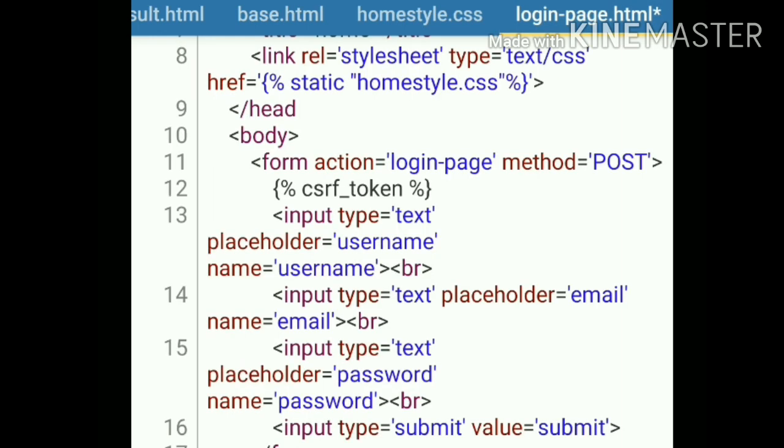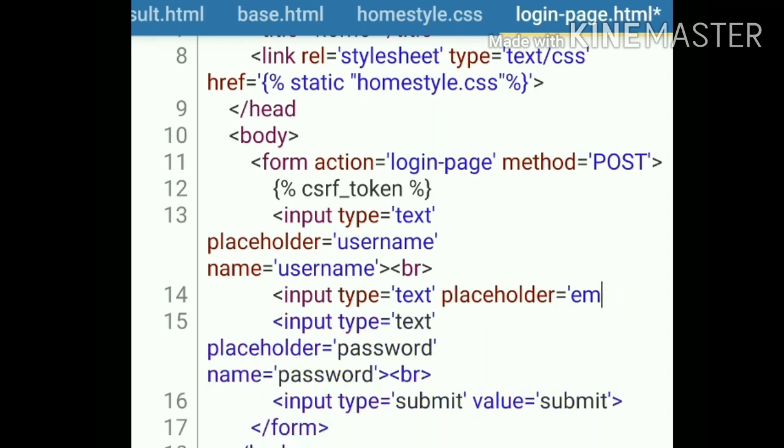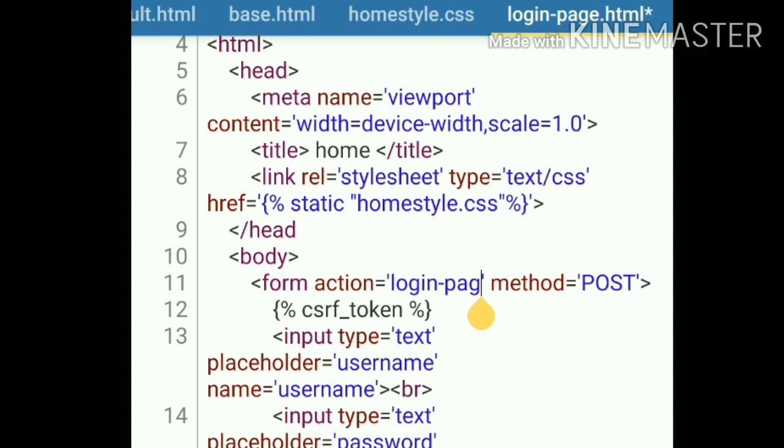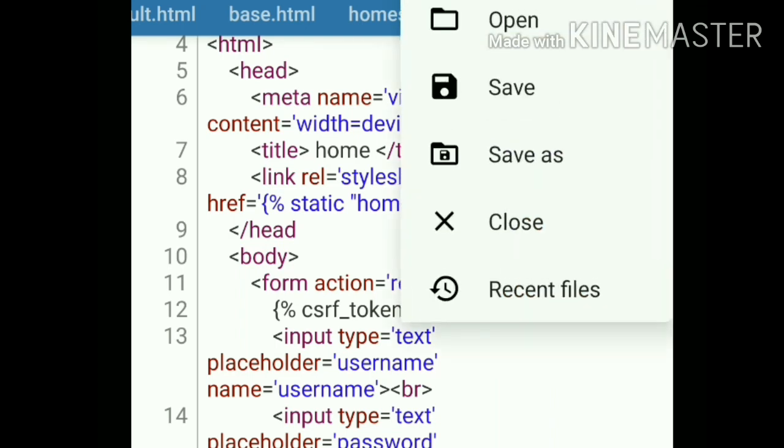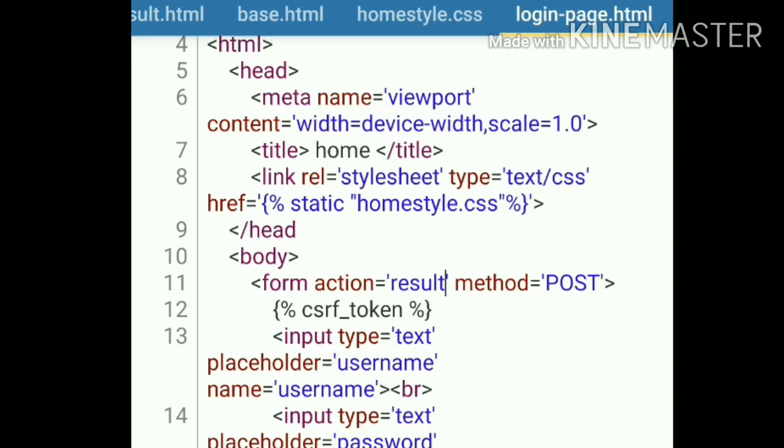After this I will ask for login, so first let's remove the email from here. We just need username and password, and here we will call the result. So we have one home and the login page and the result. So let's save it,